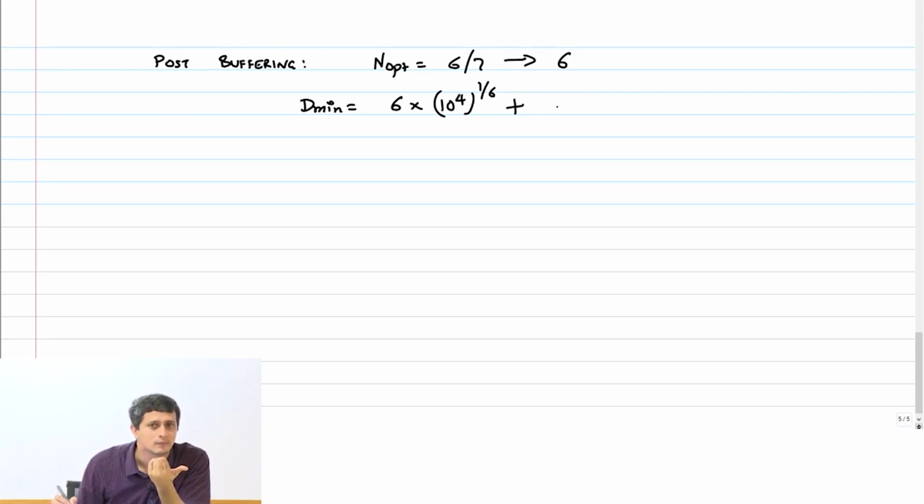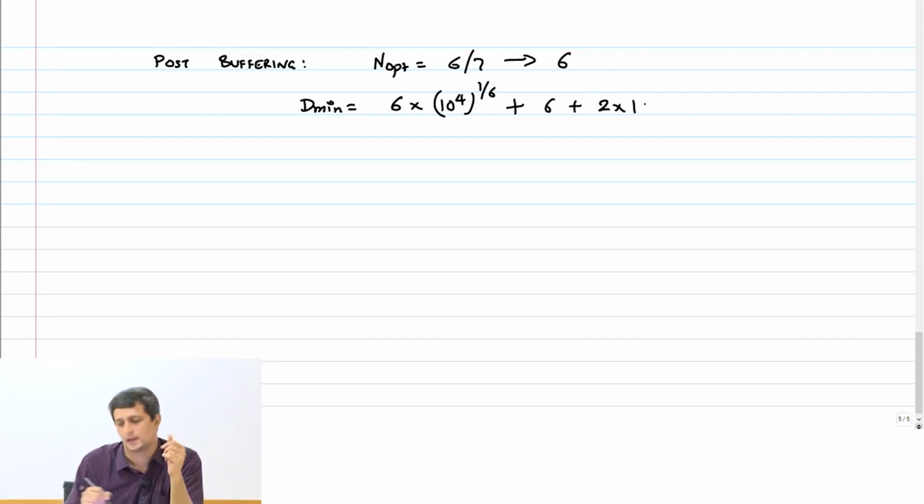How much was that? 6 plus how many? No, 2, because I added 6 gates totally, right? So 2 into 1. What's the number you get? Yeah, 35.8